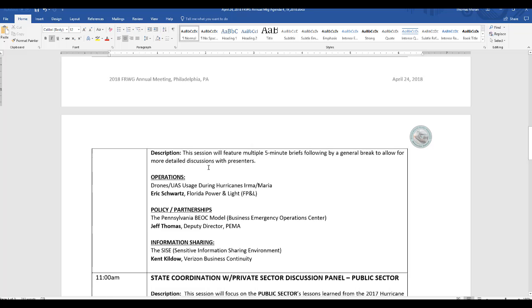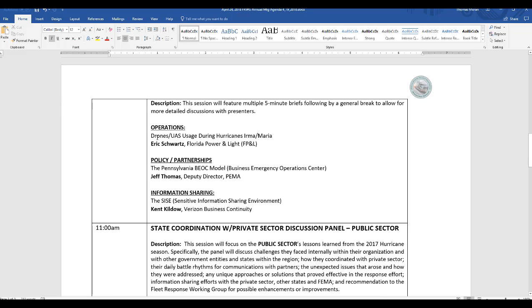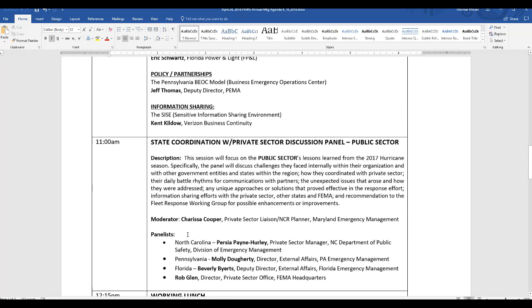We'll go into a lightning round where we're just going to talk about 3 operational issues. Ed Schwartz is coming up from Florida Power and Light, talking about how they use drones during the storms. Jeff Thomas from PEMA is going to talk about their policy for drone mutual assistance agreements and their new private sector integration program, where they want to leverage the SISE fleet work group model into the Commonwealth for businesses in Pennsylvania. Kent is going to talk about the SISE during that round,